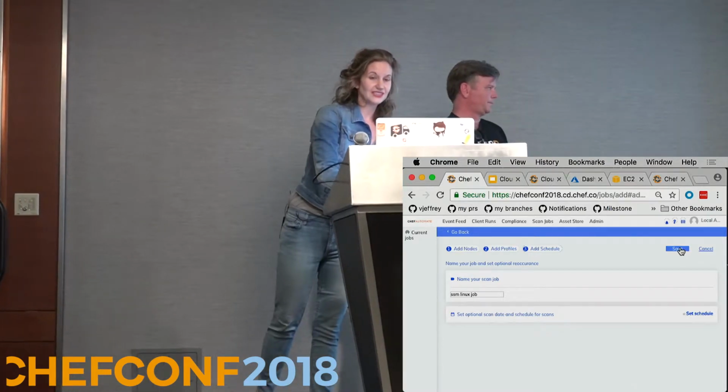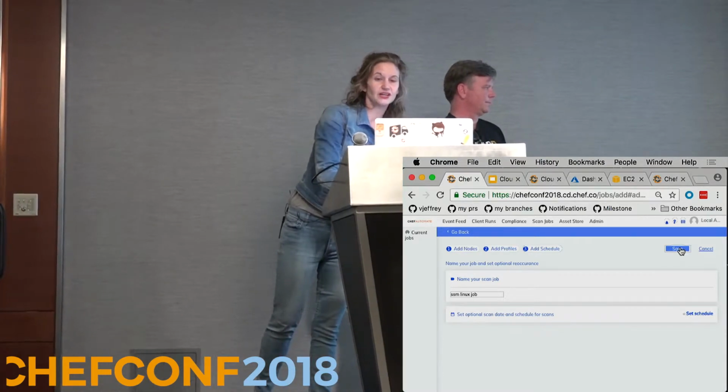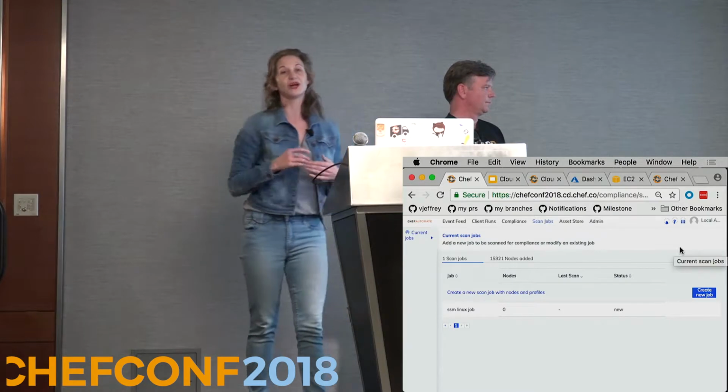So now when I press save, what we're going to do is use Amazon's Run Command to assemble a script that has the node UUID, the node name, all the information that we need, as well as the job ID, and send that directly over to Automate. So we're going into the instance, we're installing InSpec, and we're reporting back over to Automate. And now you can see we scanned 2 nodes, and it's completed. So if we press report,